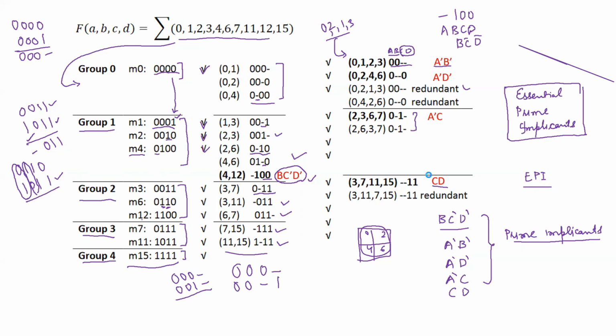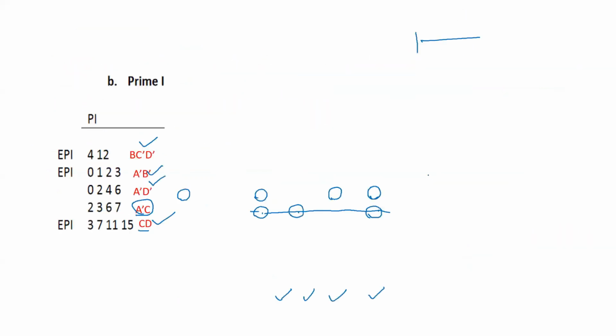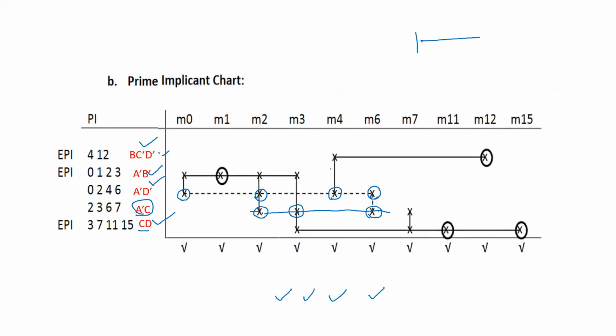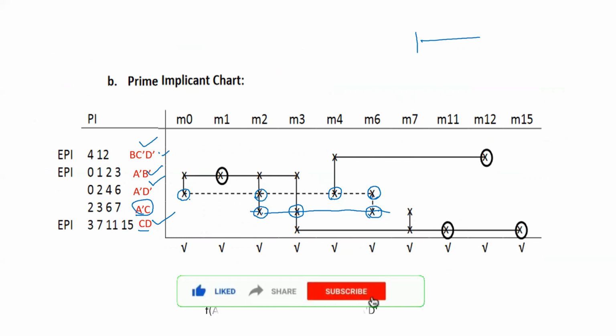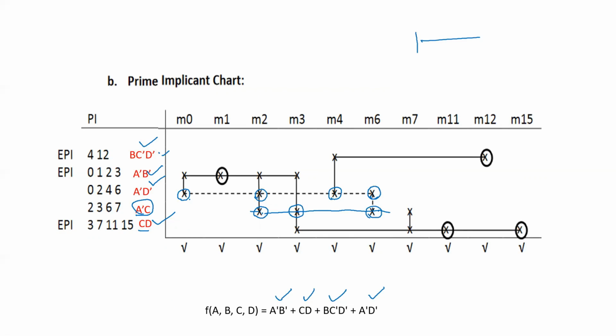Once you are with your prime implicants, you are supposed to write them down like this. These are your prime implicants, and these are the groups we are talking about. Then you put all the crosses here corresponding to 0, 1, 2, 3 and all. Then you draw horizontal lines. The one which is being covered by all of them need not be there. So then we end up with this particular thing. This is another method of minimization of a particular Boolean expression.